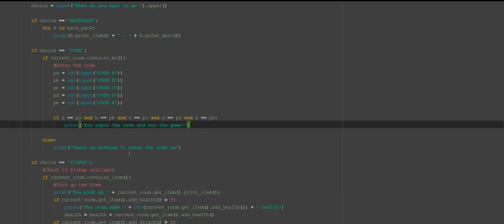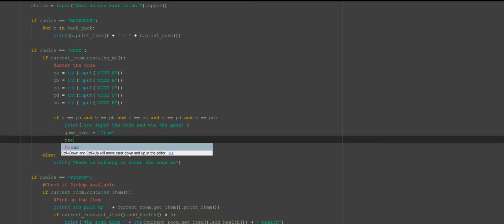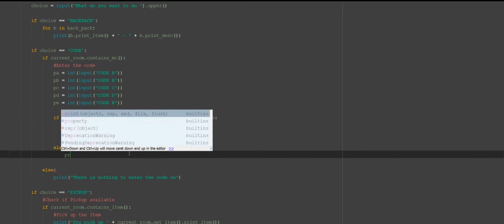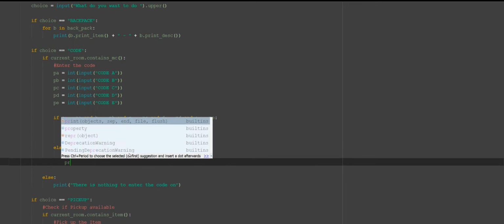Yay, go you. And that's obviously going to set game over to true. Even though you've won, the game is now over. And break out of that, else print the code is incorrect,